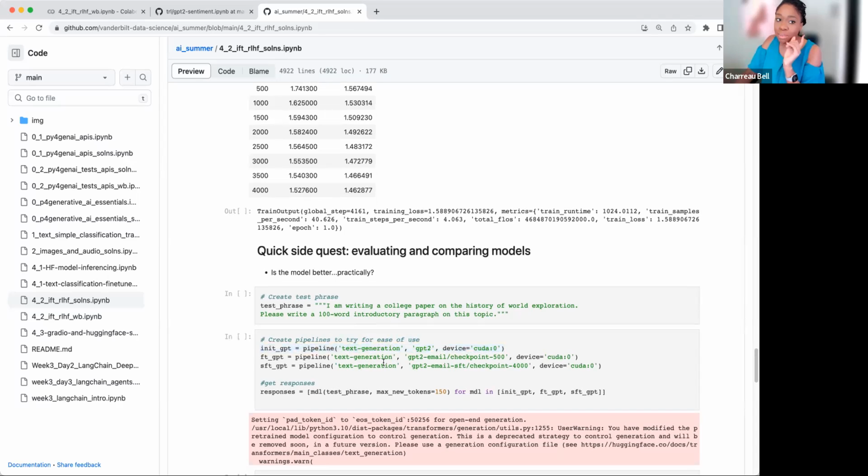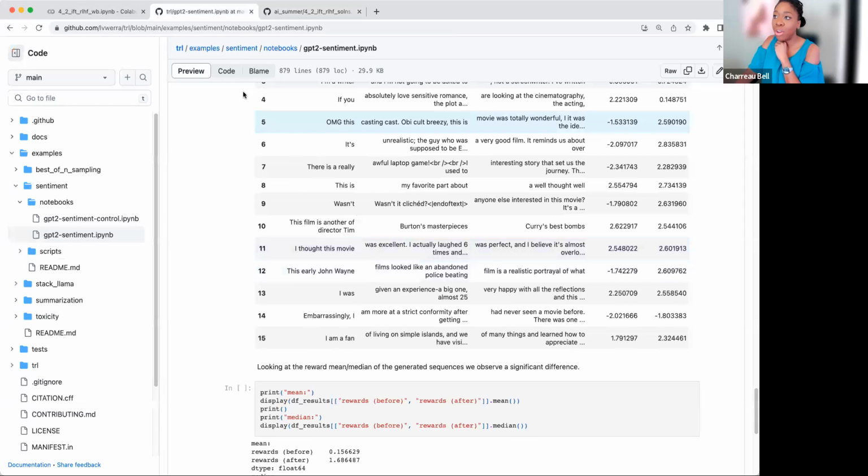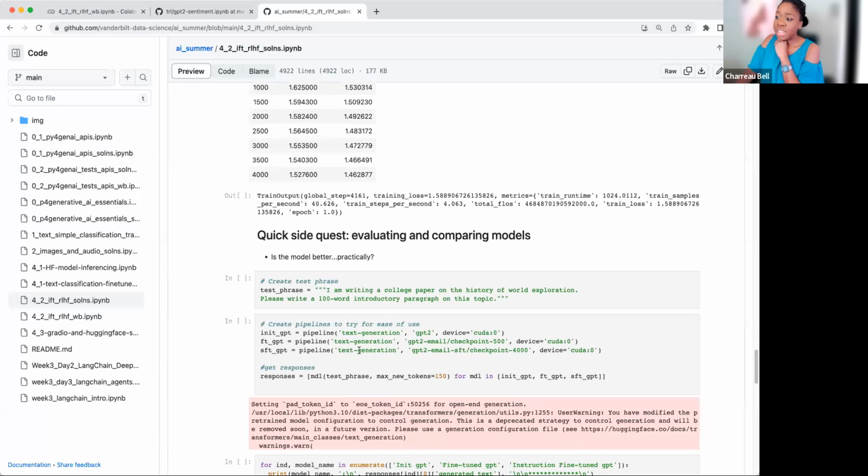Then we're going to use the model that we did SFT, or that we pre-trained further or fine-tuned, and we're going to load that one because we actually have saved it over here, right? We're going to load it in the pipeline, our own. And so we do the same text generation, except for now, we can use that checkpoint directory as the name of the model. We're going to put that one on CUDA, and we're going to do the same thing for our model that we have finished training, which is our SFT model, and we're going to put that here.